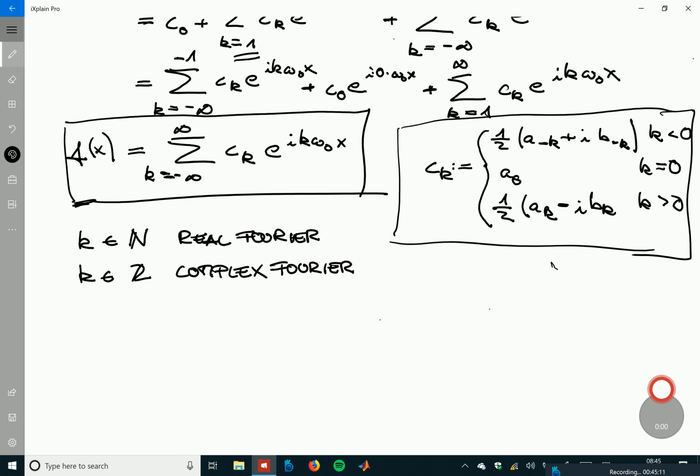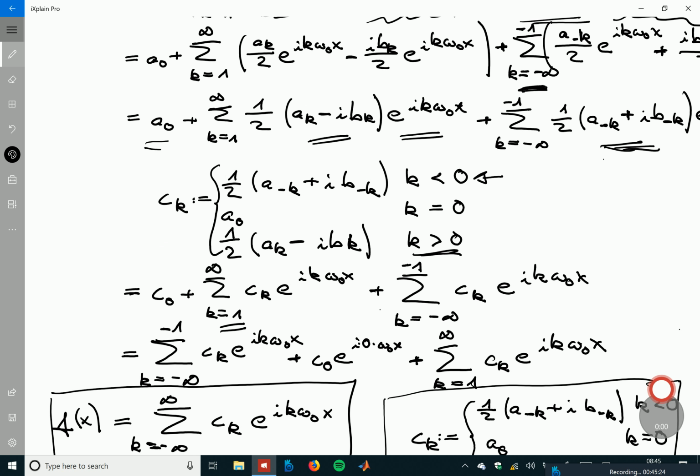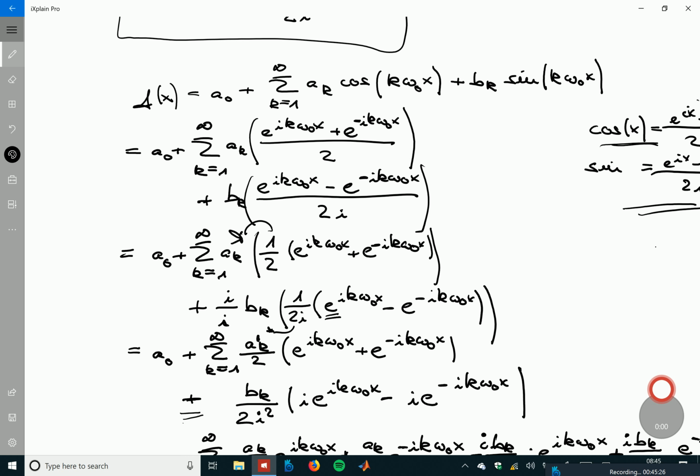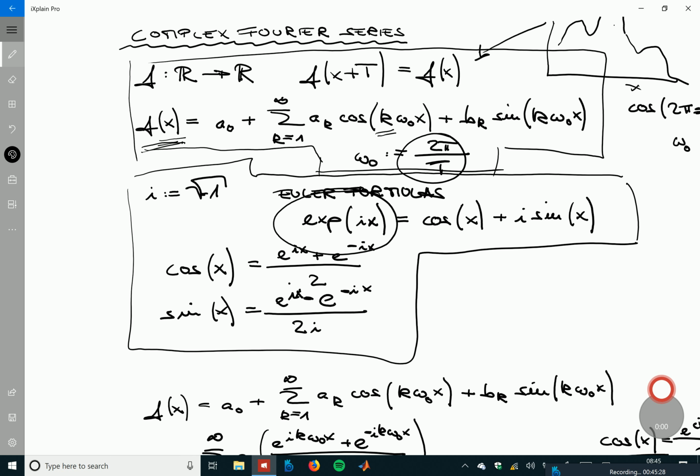But this is how you get from the real Fourier series to the complex Fourier series. If you look in comparison, we started out here where we have 3 terms and where we have a cosine and a sine, and now